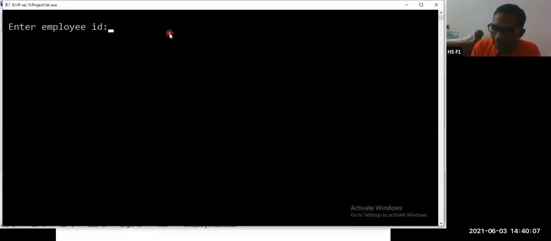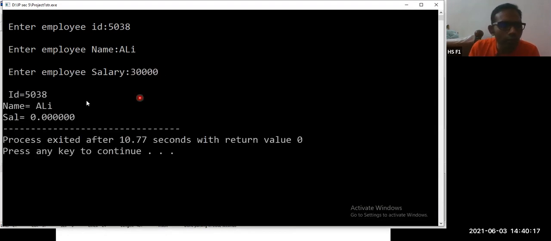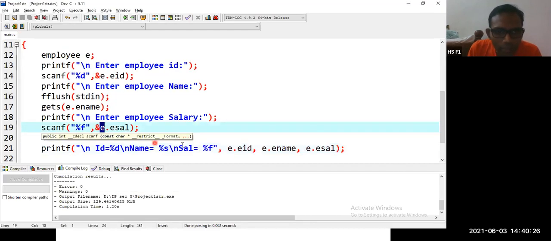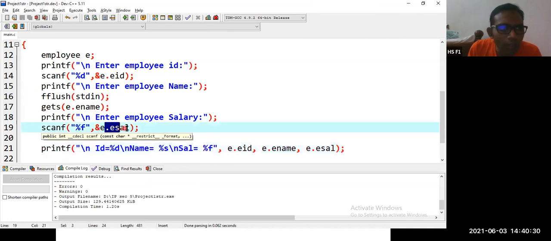Employee ID 5038, employee name Ali, employee salary 30,000. So we got ID 5038, name as Ali, salary as 0.0000. What happened? Salary, e.esal.